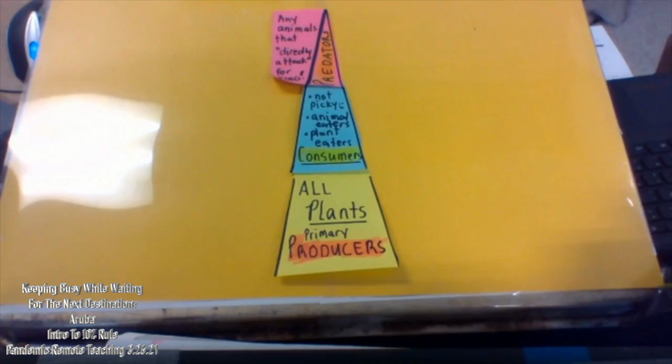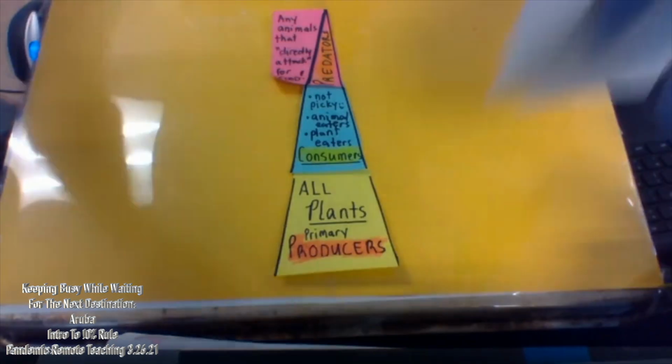Let me use other examples, other pieces, I would say. Now, at this point in time, we are going to focus on who's eating what and how much do they get. In other words, where are they getting the energy from? Because food is all about energy. Where is the organism or the living thing getting the energy from, and how much of the energy are they getting from the food source?